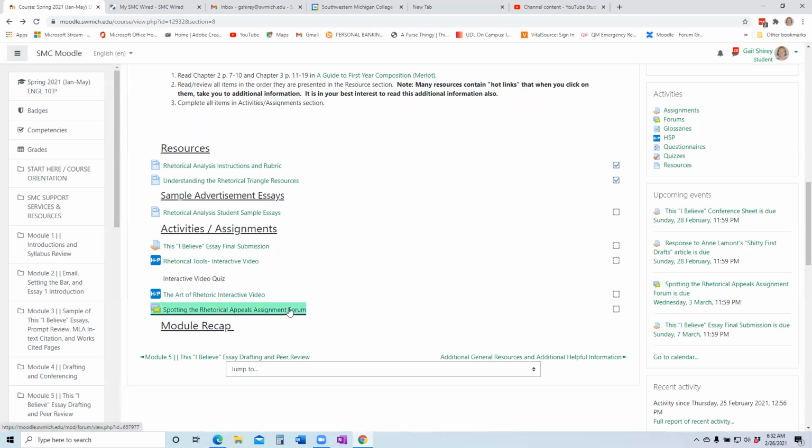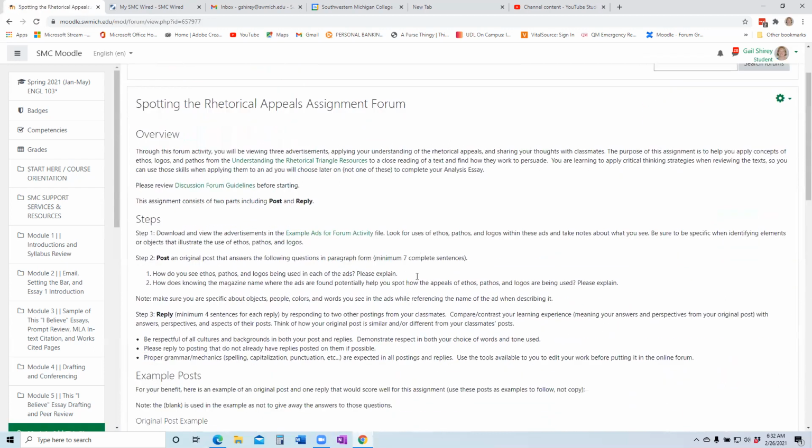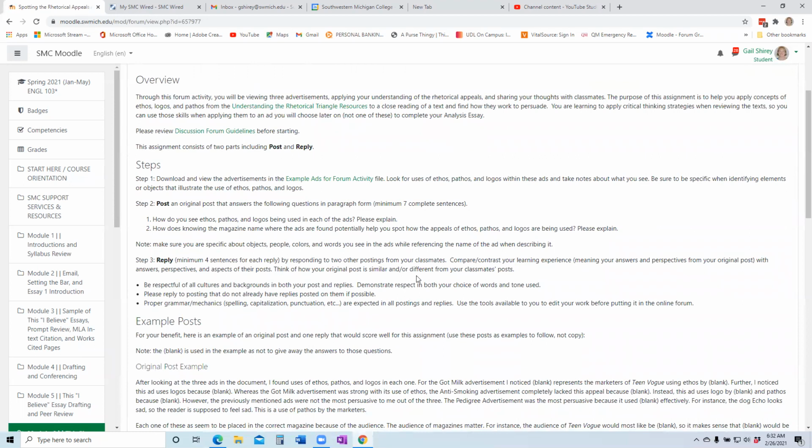So what I've done is, Moodle only lets me choose one date per assignment. And this has 2 dates, obviously. Your posts are due Wednesdays by midnight, and replies are due by Sundays at midnight. What I've done is I put the due date on Wednesdays when the post is due. So your post is due by Wednesdays at midnight.